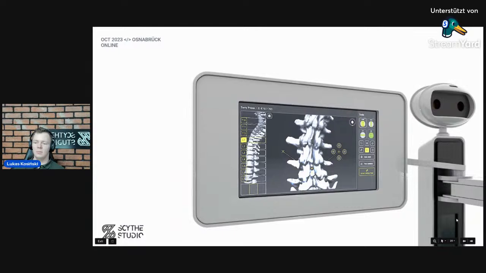We developed an application for a spinal surgery system, which assisted doctors in controlling the robot, which was putting some screws and trajectories into the spine, into vertebrae. I know that it sounds disgusting, but